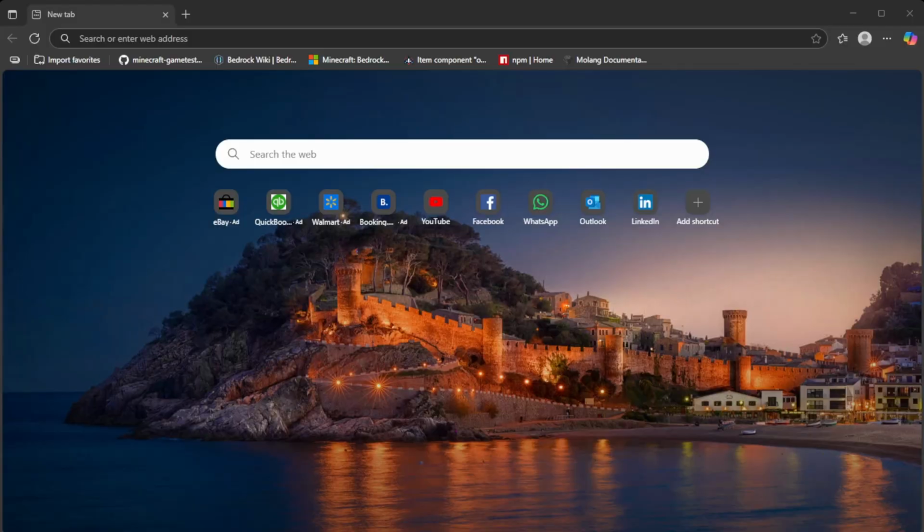Alright, the second thing you want to do is boot up your web browser. It can be anything. It can be Microsoft Edge, which I'm using. It can be Google, Chrome, Safari, whatever you're using. Just boot up a web browser real quick. And now I have this saved, but otherwise what you're actually just going to do is type in your search bar